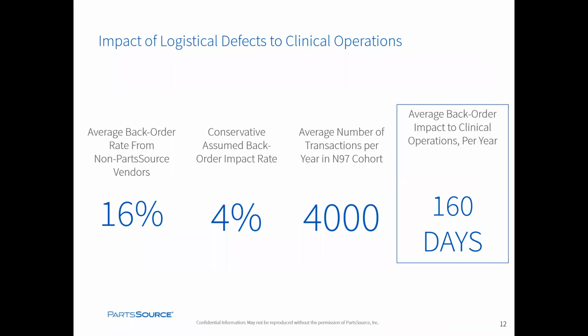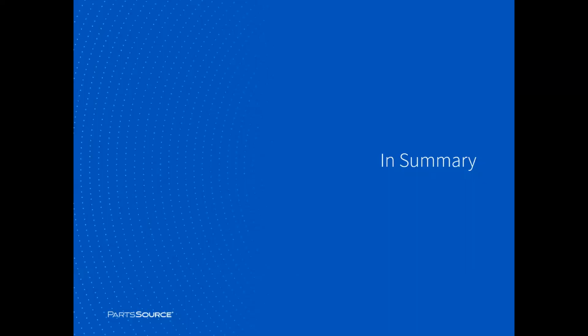And so we found that, again, by looking through the information, there are ways to improve the quality coded return rates by using decision support, and importantly here, by understanding who causes logistical defects and how you can avoid that information. And so in summary, what we found